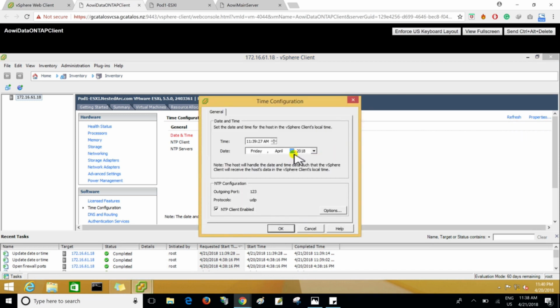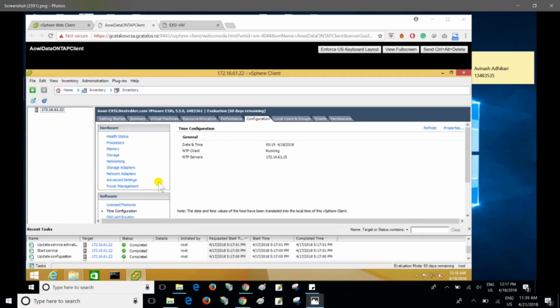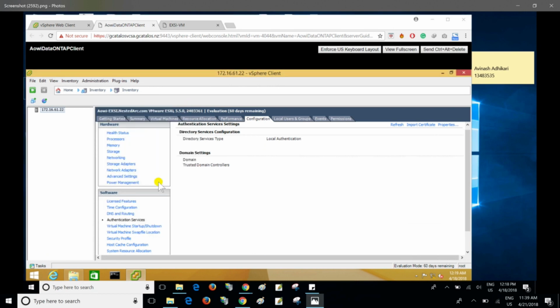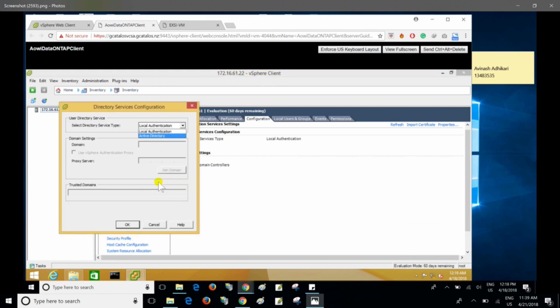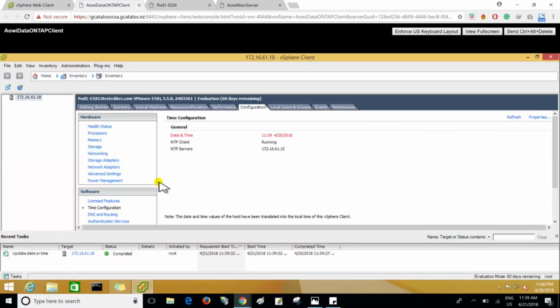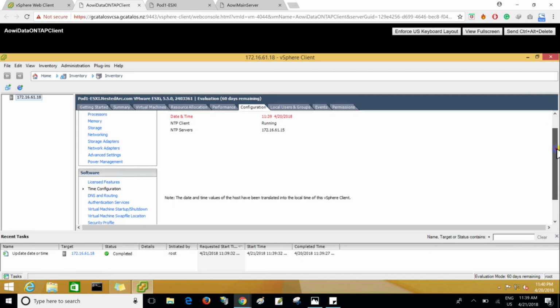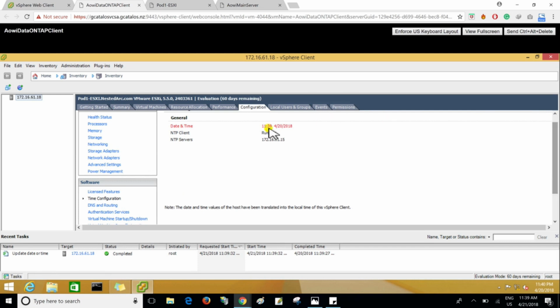Now I can see some changes have been made here. Still, it's showing a red sign. So go to here: 2018, 21st, Saturday, and it's AM, not PM. So that's why it's showing an error. If you refresh it,